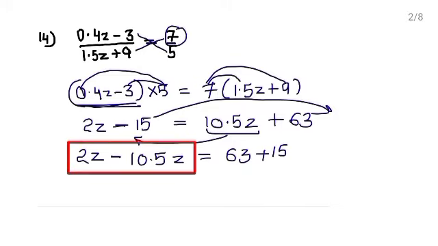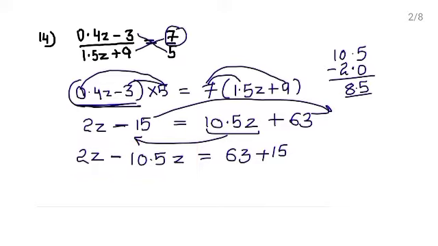Now solve this part. 2z has a plus sign and 10.5 has a minus sign, so we will subtract them. Subtract 2 from 10.5. 2 is the whole number, so this will be before the decimal. You can also write it as 2.0. So subtract, what do you get? 8.5. So mention here 8.5z, and this will have a negative sign because the greater numeral had a negative sign, equals to 63 plus 15